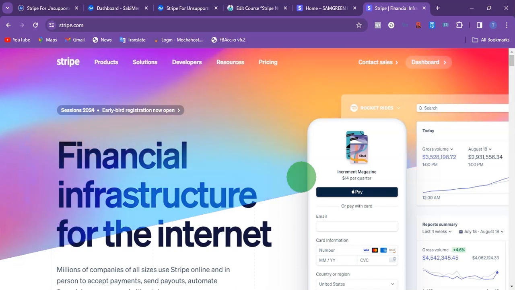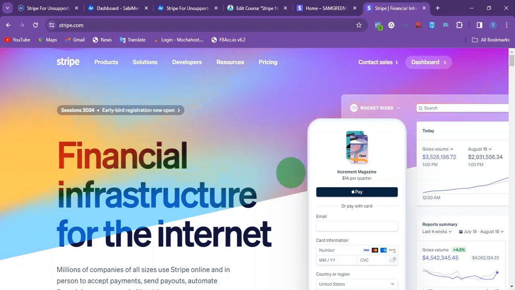In this video, I'm going to be showing you how you can set up a recurring payment or create a recurring payment on Stripe. So the first thing you want to do obviously is to make sure you have a